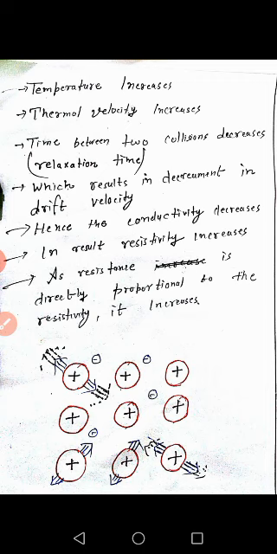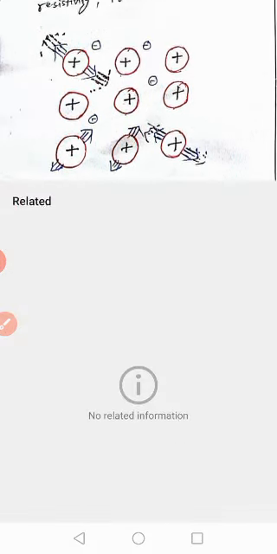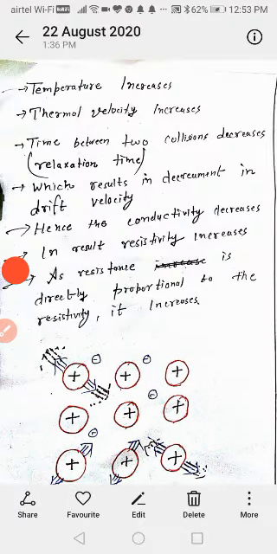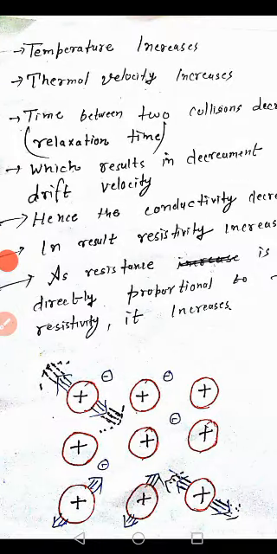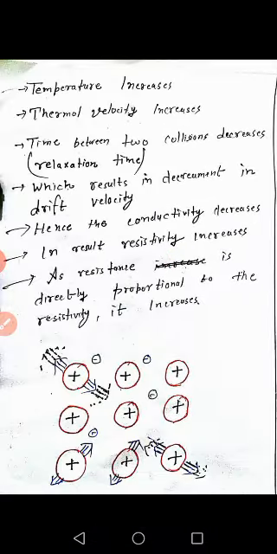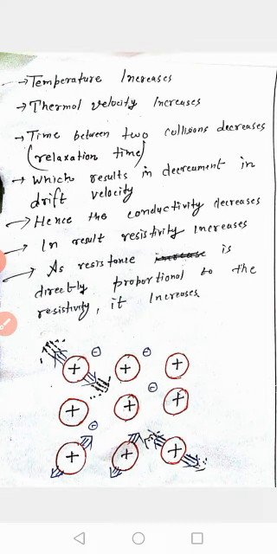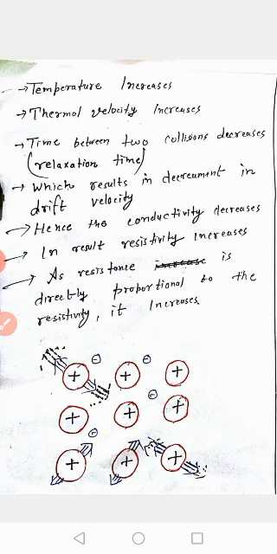Whenever we elevate the temperature, thermal energy is imparted, and as a result the thermal velocity of the electrons increases. And when the thermal velocity of the electrons is increased, then the time between two collisions decreases, and that time is also called the relaxation time. Actually, this relaxation time is the terminology related to the kinetic theory of solids. The time between two collisions is called the relaxation time. So as we know, if the velocity increases,